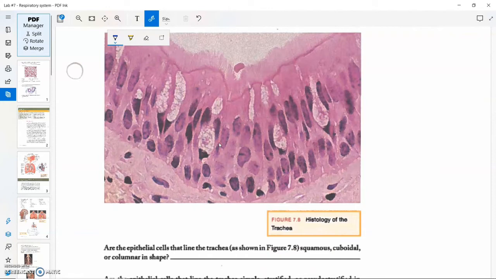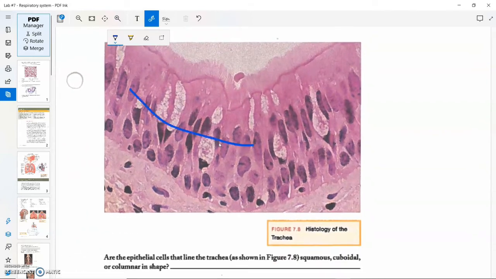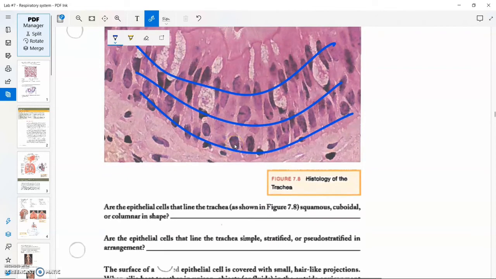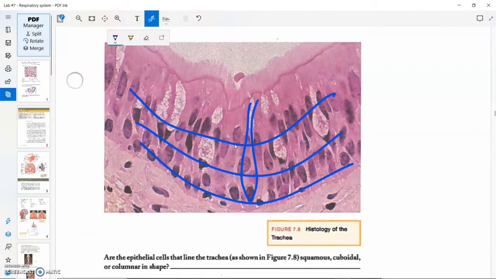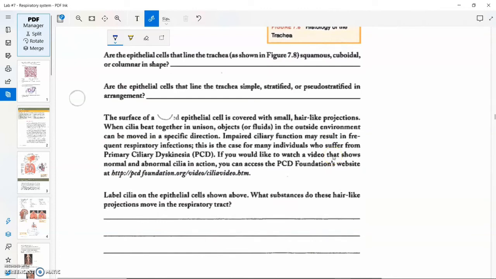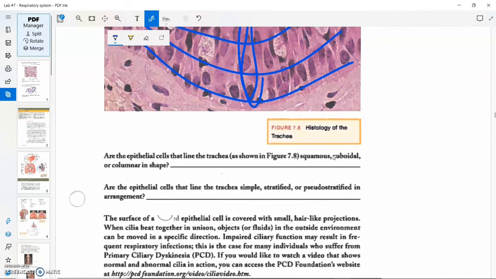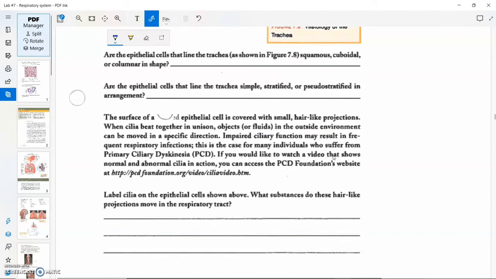Now here you can see the epithelium that lines the trachea. You can see pseudostratified, what seems to be multiple layers of cells, which in fact is one, and the cells are columnar in shape. So the trachea is lined with a ciliated pseudostratified columnar epithelium. These cilia are essential for moving whatever is outside of them in a specific direction. In this case,